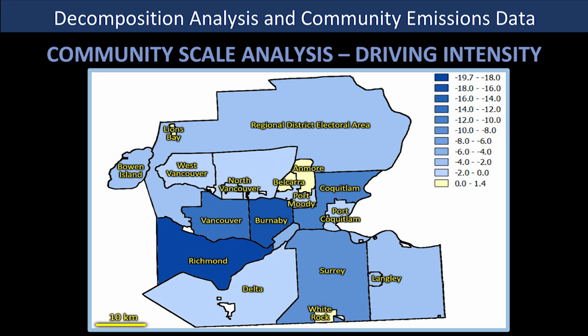The other thing you'll notice is that in the areas where driving intensity contributed to a decrease in a mitigation sense, it was more so for certain communities like Richmond, Vancouver, and Burnaby, whereas Surrey and Langley didn't see the same sort of decrease. And this is interesting to us. Surrey is also quite a big city, like Richmond, Burnaby, and Vancouver. What's the difference there? Well, they're experiencing different challenges. Surrey and Langley have much more spread out cities. So this gives you insight on the planning challenges of these individual communities. And as a region, these are things that you might want to address, and think about which communities might need a little bit of help and be more ambitious in their mitigation efforts.